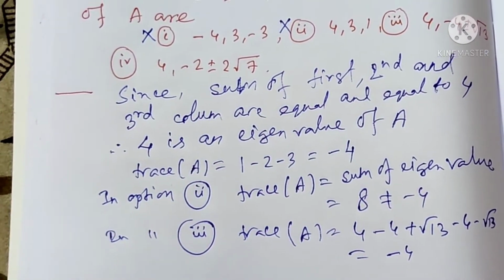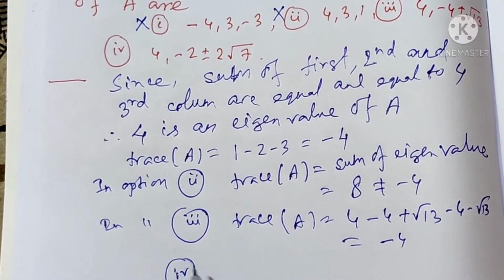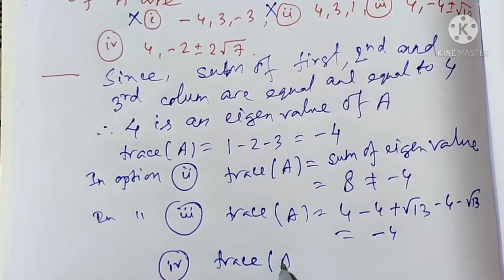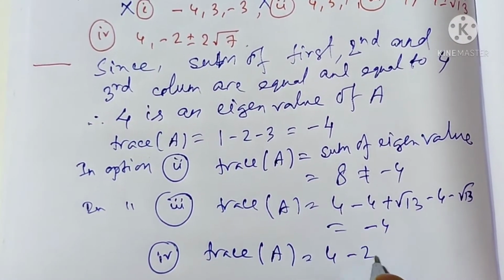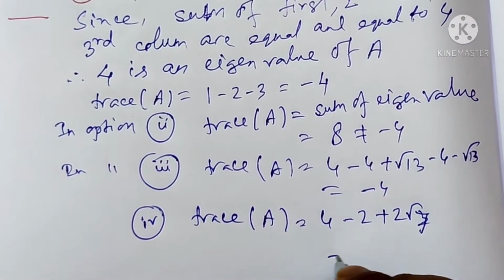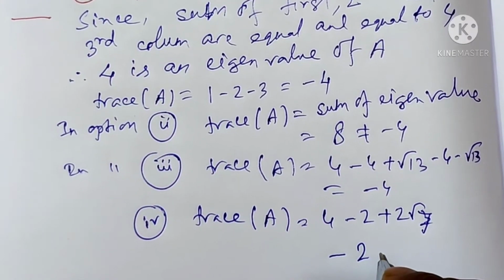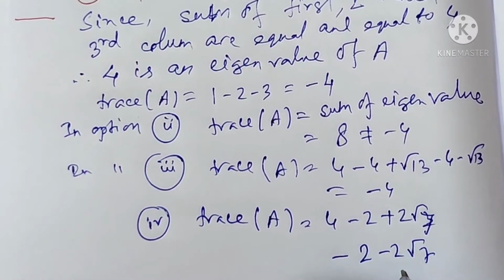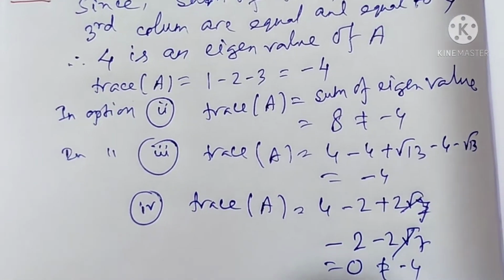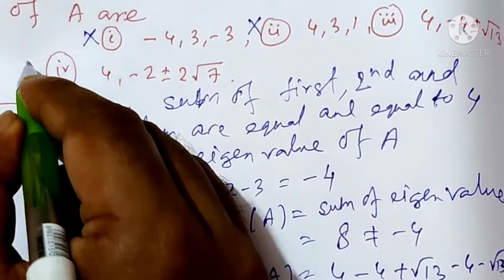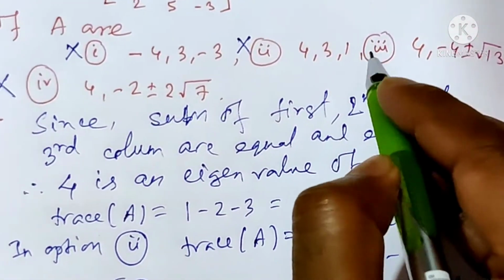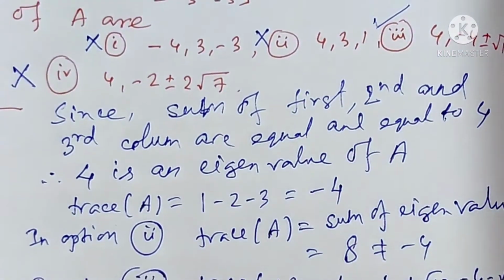Okay, and next option 4, trace of A equals 4 minus 2 plus 2 root 7 plus minus 2 minus 2 root 7, so that equals 0, not equal to minus 4. So option 4 is false, so the only option remaining is the true option. Next question,